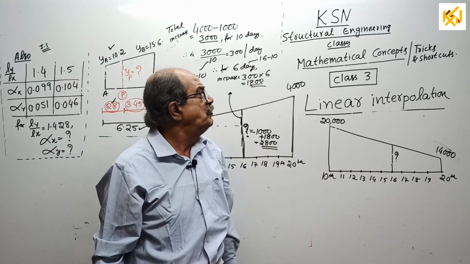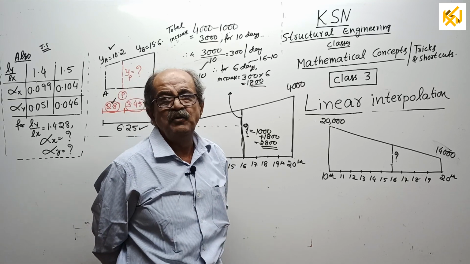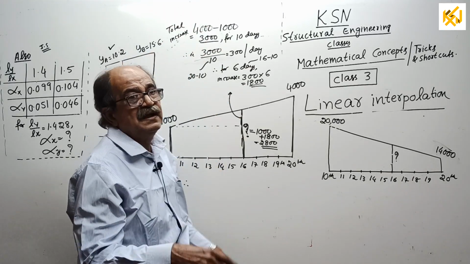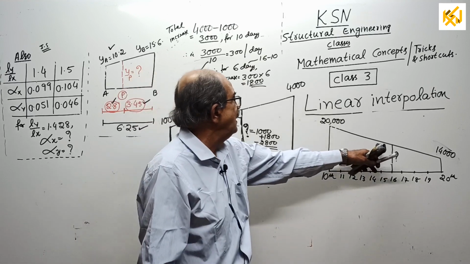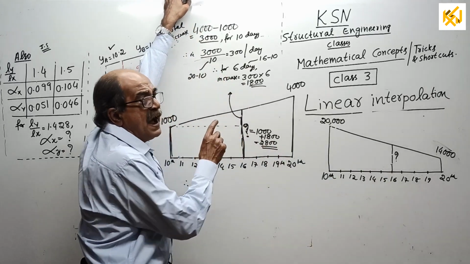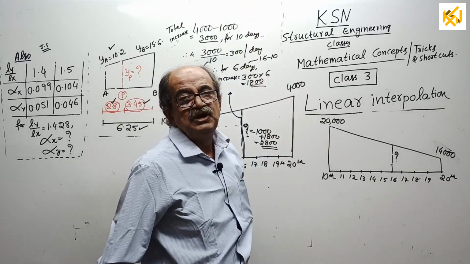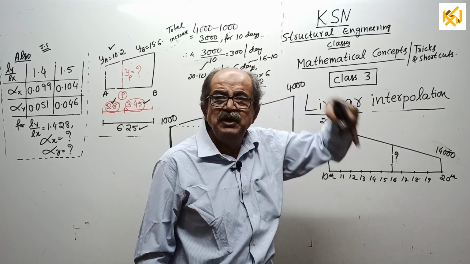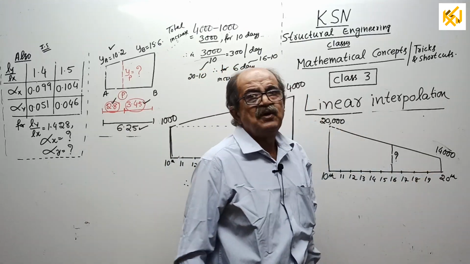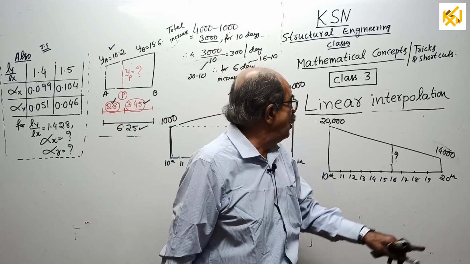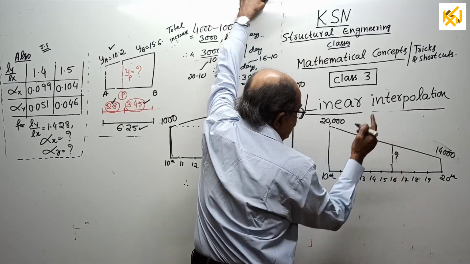99.99% of people by this time will tell, "I know the answer, 2,800." How did you get it? They will tell something, but I will ask later how to calculate it mathematically. Okay, start here. I will explain everything now, the mathematical concept. Today the cost is 20,000. Due to some reason, the cost is reducing. On the 10th it is 20,000. On the 20th the cost came down to 14,000. So now what is the cost on the 16th day? What do you have to do?